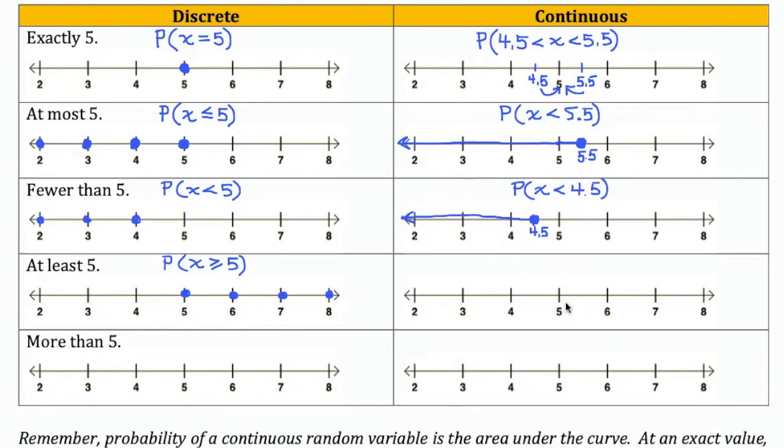In the continuous side, I would want things that are going to round to 5 and up. Well, things that are going to round to 5 start at 4.5 and get larger. So hopefully it makes sense to you that I would need to consider the continuous probability of anything bigger than 4.5. And more than 5, if I want to be more than 5, I'm not allowed to equal 5 anymore. So the only difference between this example and the last one is we take out that possibility of equaling 5 in the discrete